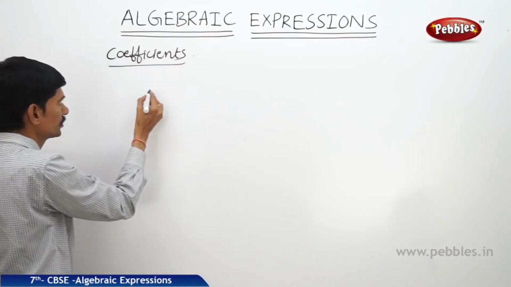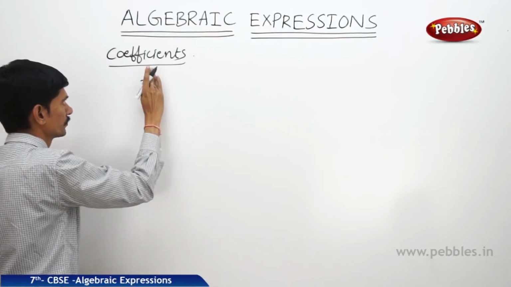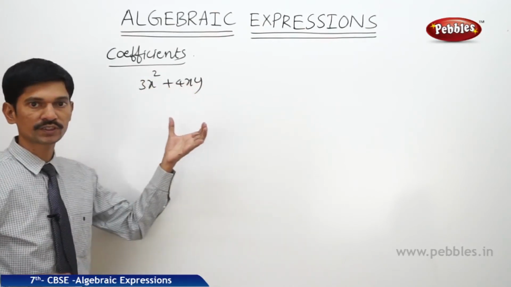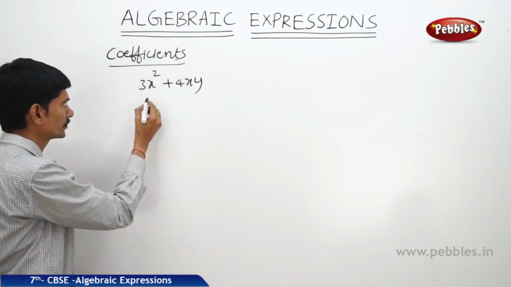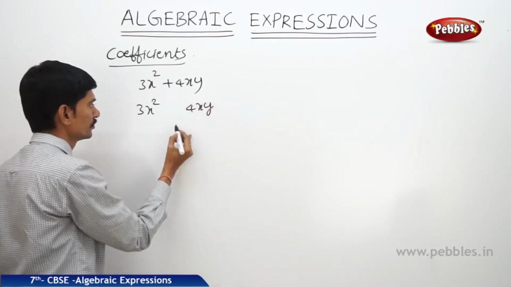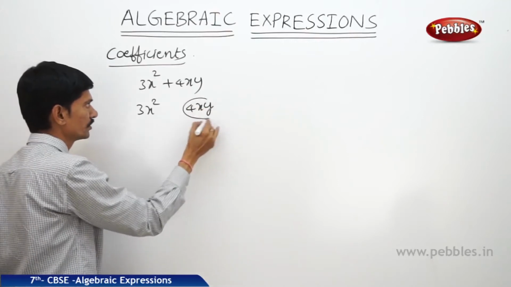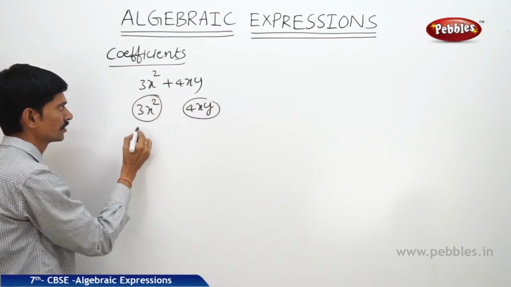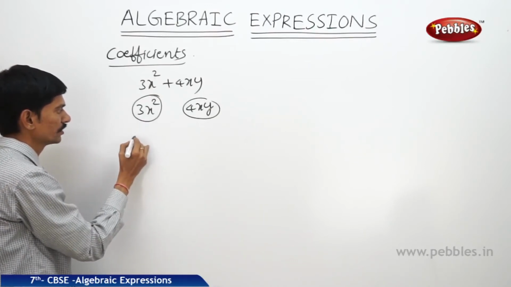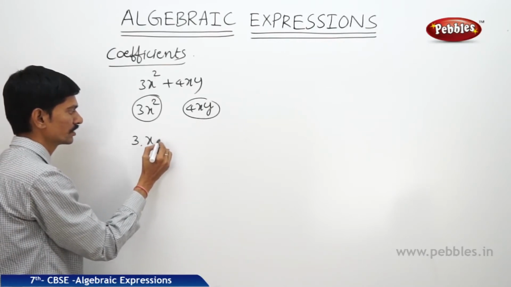Now if we consider the algebraic expression 3x square plus 4xy. So this algebraic expression consists of two terms, 3x square and 4xy. So the first term is 3x square and the second term is 4xy. In the first term 3x square, the numerical factor is 3 and the literal factor is x, and x is multiplied by